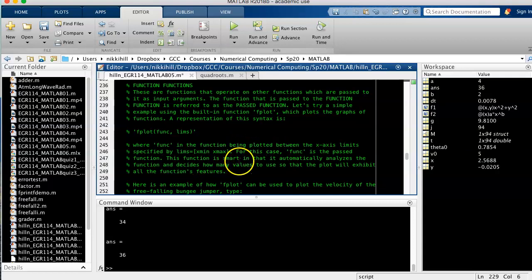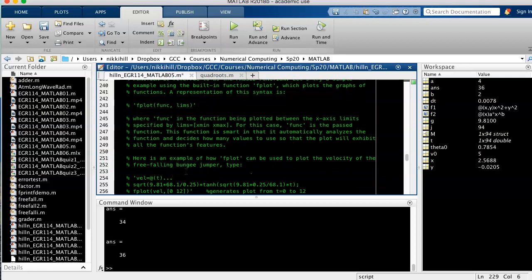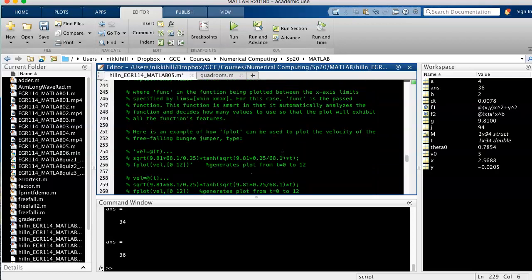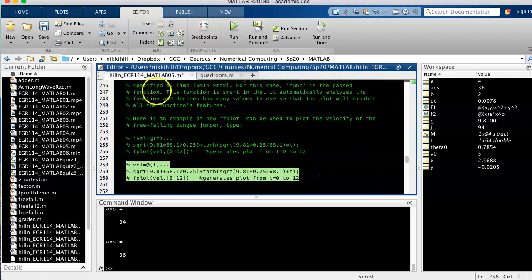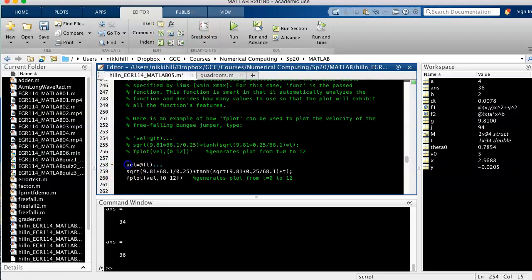This function is smart in that it automatically analyzes the function and decides how many values to use so that the plot will exhibit all the function's features. Here's an example of how fplot can be used to plot the velocity of the free-falling bungee jumper we've been working with in our examples. So we're going to type this out. I'm just going to uncomment. Okay, so vel is going to be our handle for our function, and our input is going